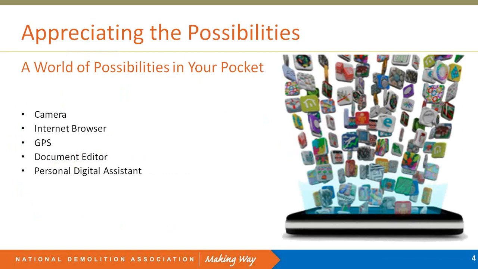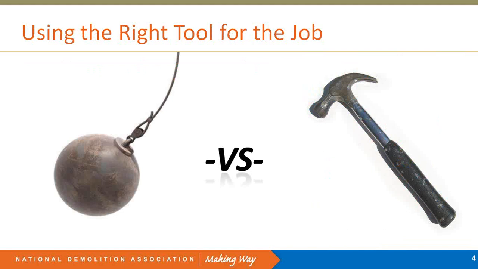And as I mentioned, it's a world of possibilities in your pocket. What these devices are really capable of is, if you think about it, more than just a phone anymore. It's a camera, it's an internet browser, it's a GPS, it's a document editor, essentially it's your personal digital assistant. You may remember back in the day when we had the Palm Pilot. This is all of those things, not to mention the movies and music and all that stuff. But because right now there are over 1 million apps in Apple's App Store and close to that in the Android marketplace, the problem is really just one of finding the right tool.